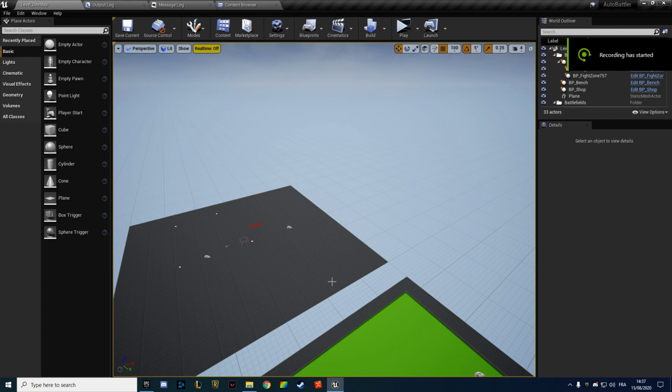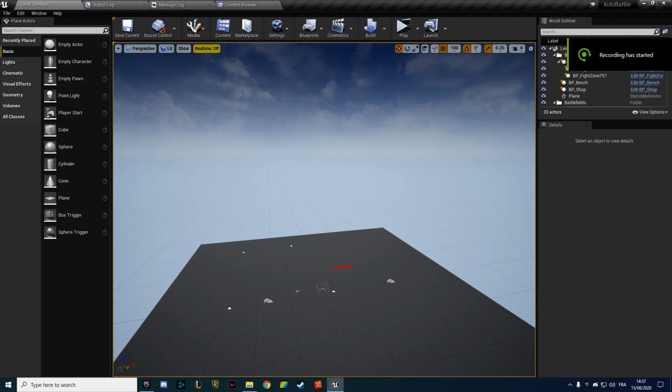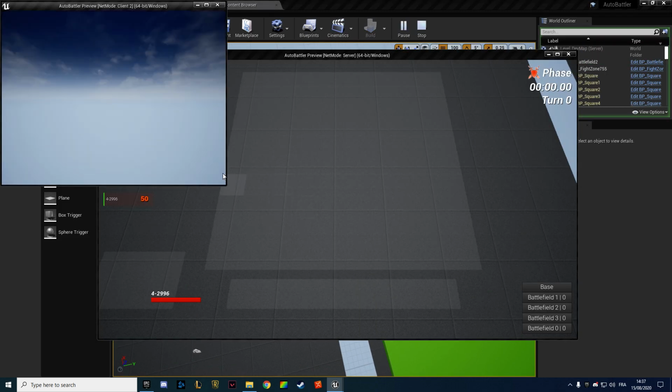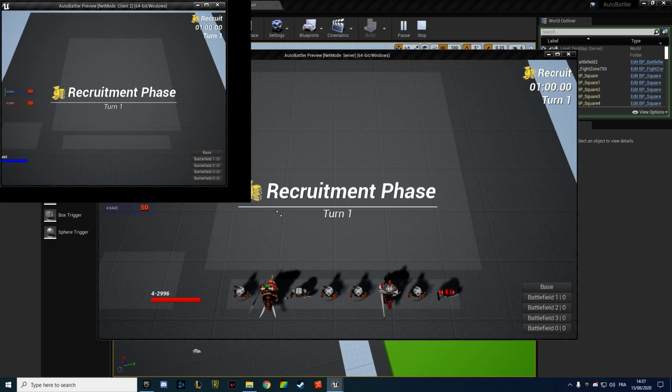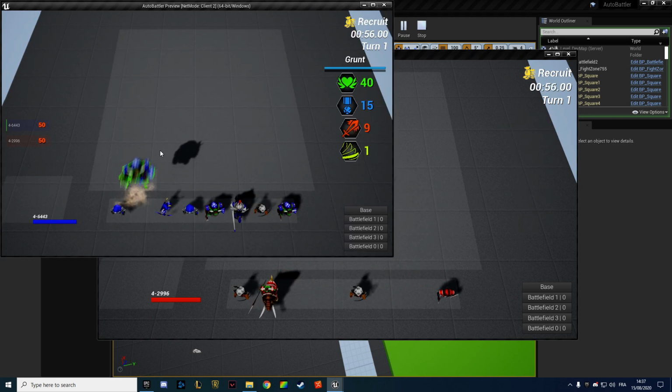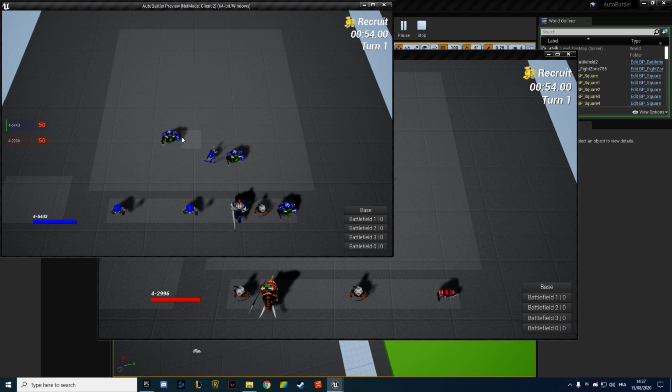Welcome everyone in this new live development video about building an auto battle game. In this video, we're going to make two stat bars, one for the tooltip on the right and one in-game. And we're going to make it so they have different colors. So the bars above the units, which we are going to call nameplate bars, are going to be of the color of the